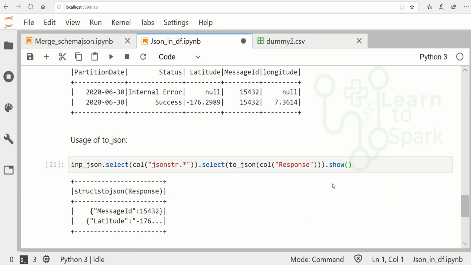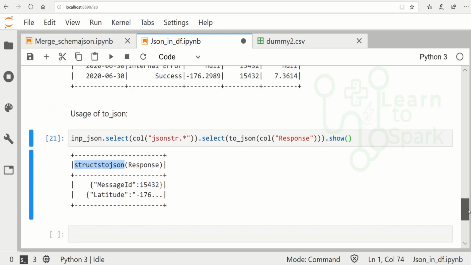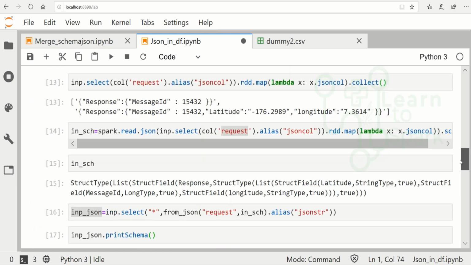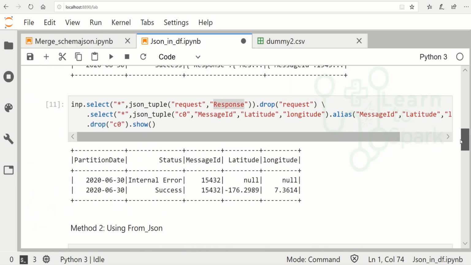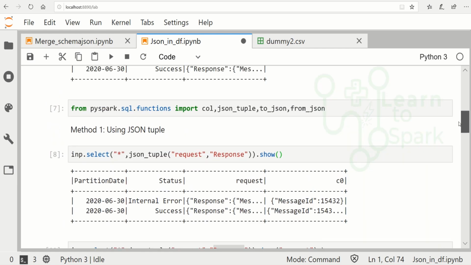You can find our to_json has converted it into a JSON type. So it is converting a struct to JSON. For this to_json we need the input as a struct type. We will not be able to pass a string column; it should be a struct type.